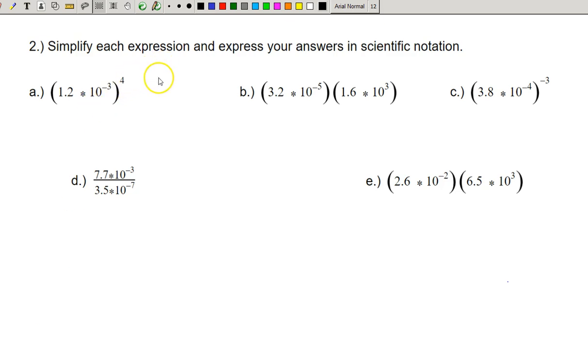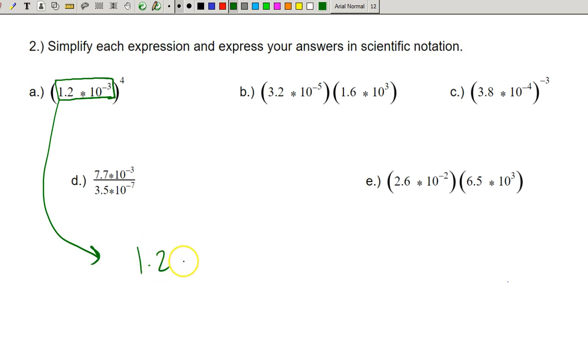All right, so now looking at number 2, which is all scientific notation. So we have a number, 1.2 times 10 to the negative 3. The first thing to note here is that this number is a very small number because you're multiplying times 10 to the negative 3. What that really means is